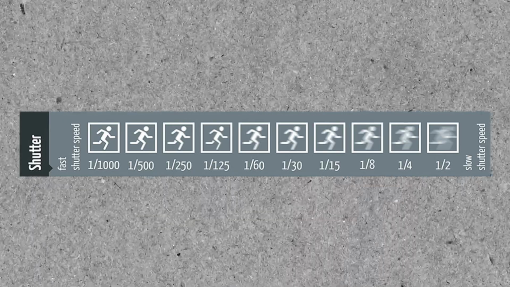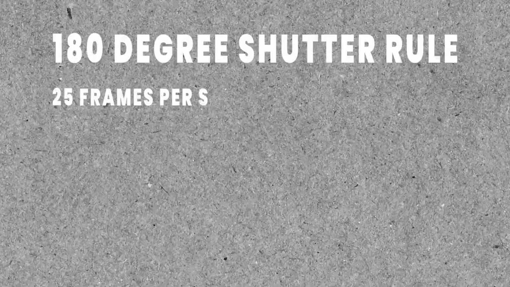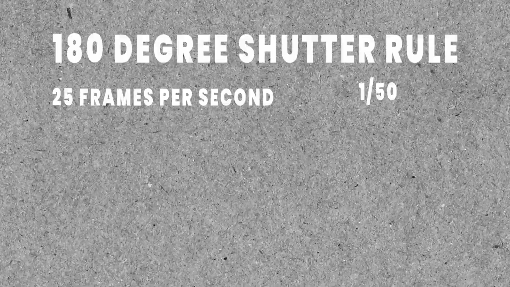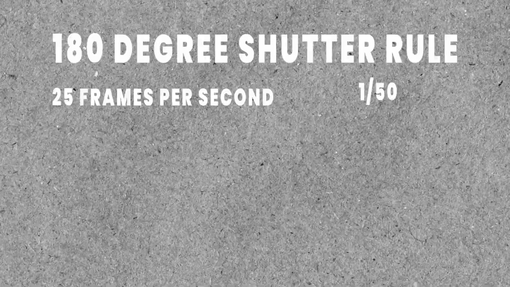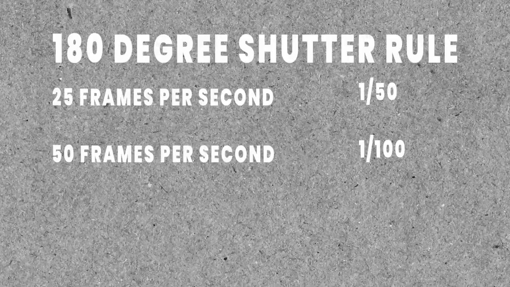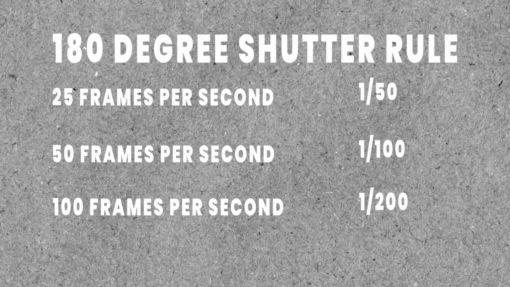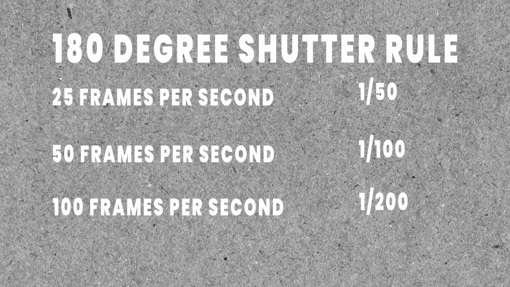So how do I make sure that I always have the right shutter speed? Well, there's a simple trick, a rule, to always get the shutter speed right. It's super simple and it's the 180-degree shutter rule, which means if I'm shooting normal footage at 25 frames per second, my shutter speed has to be double the amount, so 1/50. Now I would like to shoot something in slow motion, let's say 50 frames, so in post I have the ability to slow it down by 50%. 50 frames per second means a shutter of 1/100. The same goes for super slow motion. When I'm shooting in 100 frames per second, the shutter needs to be 1/200.